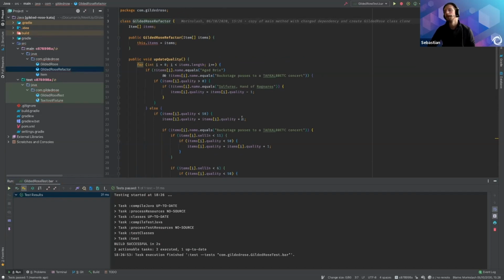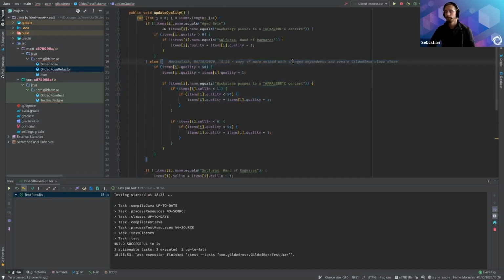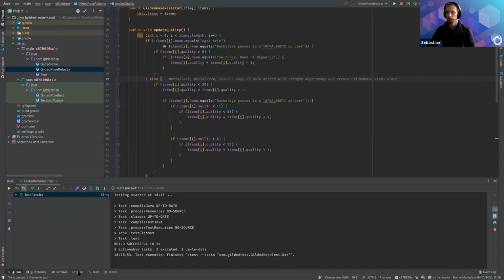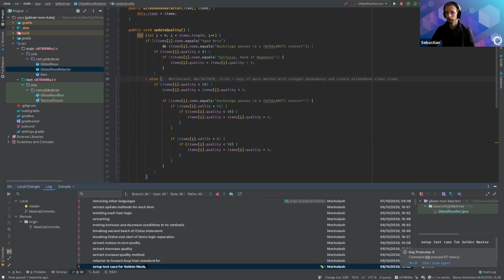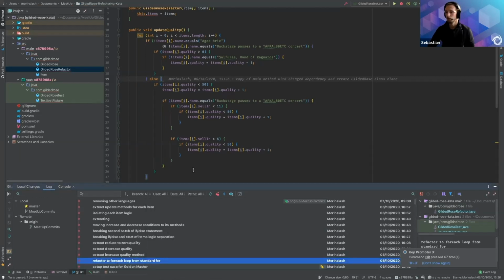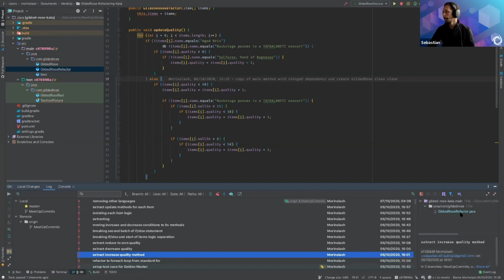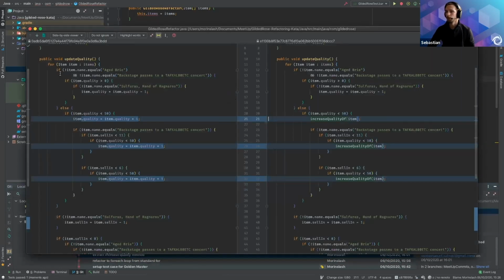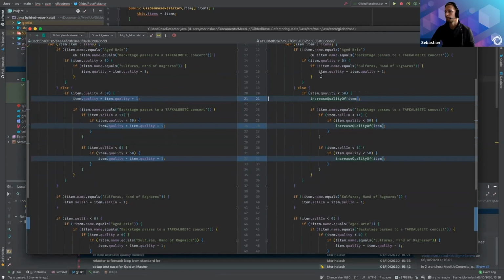And I can start to work in the Gilded Rose Refactor class to start cleaning up the whole process of taking care of how to refactor this code. And then basically all next steps, one by one, from this moment, you'll be able to see the differences and extractions that I've done.